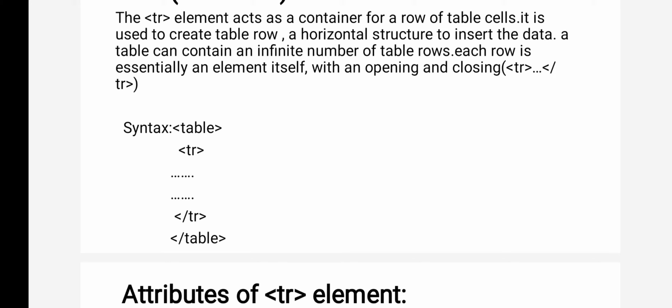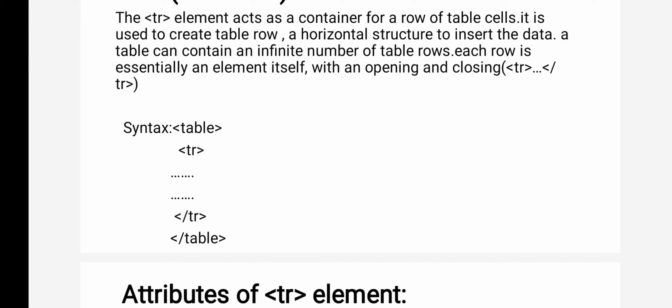Now you see the syntax. Inside the table I have given TR. TR is called a child element. So according to the rules, after closing the TR only, you are supposed to close the table, because table is the outer element. And it is a condition that TR is a paired tag. Paired tag means it should have a closing tag.